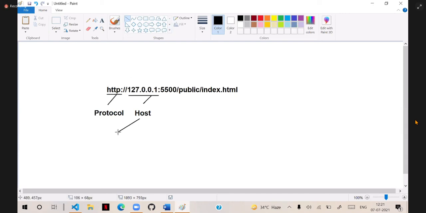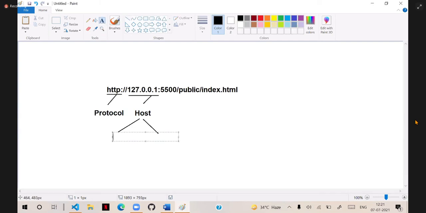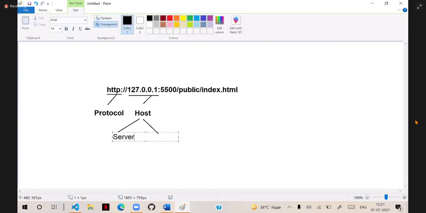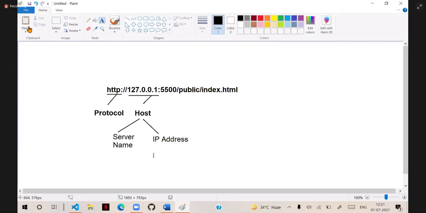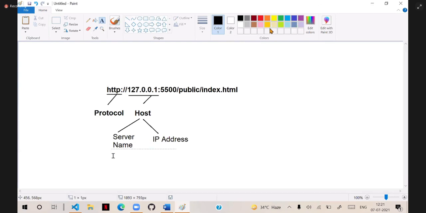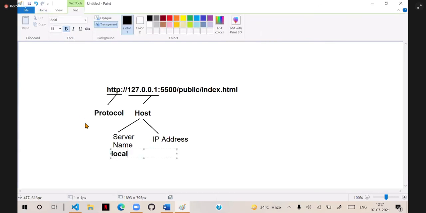Usually host can be a server name, or it can be an IP address. Currently it is an IP address. It can also be a server name. Server name will be like localhost, that is a server name.